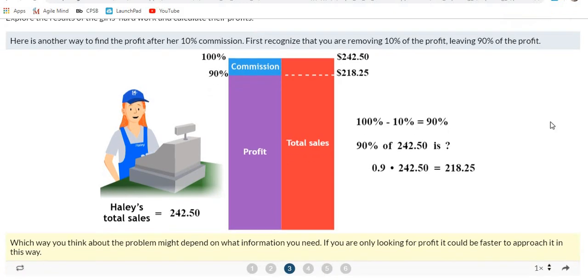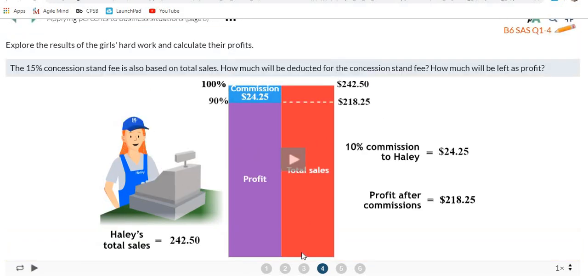Now, let's see, we're on slide 3. That was her 10% commission. Now we need to look at that 15% concession stand fee. We've got to calculate that. Okay, so we've already calculated commission. Now we need to deduct the concession stand fee. And back at the beginning of the problem, it says the concession stand fee and the commission is based on